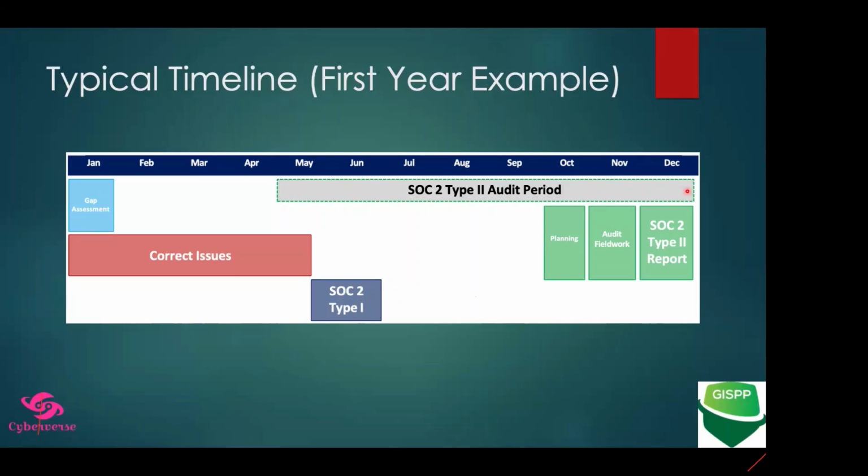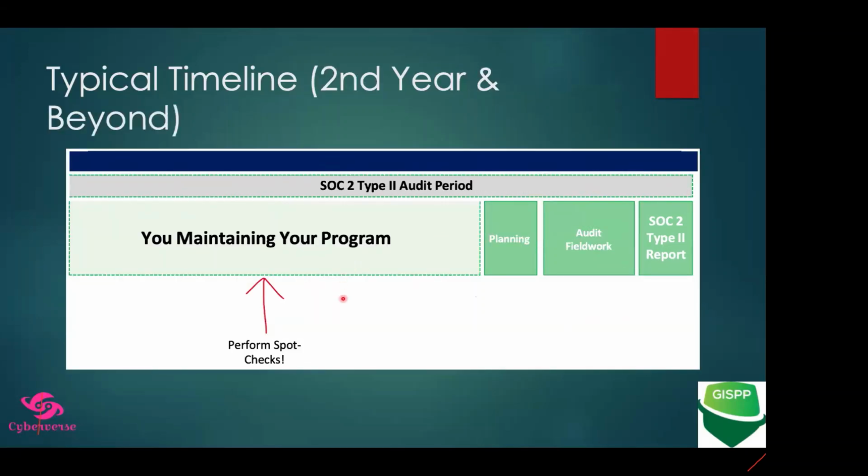Once you get compliant, then you have to maintain your program. Generally, every year organizations go for a reassessment, I would say. Between that, you can always do your spot checks. जैसे हम ISO के case में we do internal audits and walkthroughs and periodic inspections. You can do that internally as well. You can engage external firm who can come on a periodic basis, maybe once a month, twice a month, etc.